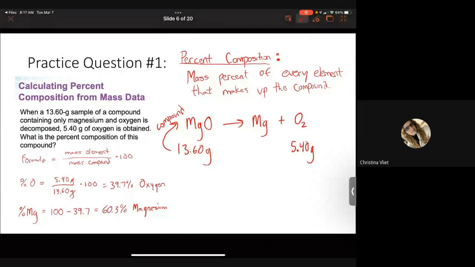So that's the other way. I'm just gonna write it down just so you'll have it. So then the other method would have been to say, oh, 13.6 minus 5.4 is 8.2 grams of magnesium. And then you could do 8.2 for the percent magnesium, divided by 13.6, multiplied by 100, and you will get the exact same answer. For this other technique, what we're using to be able to solve that, my iPad's lagging,